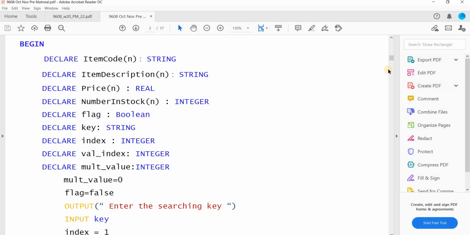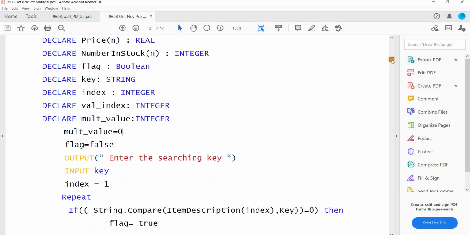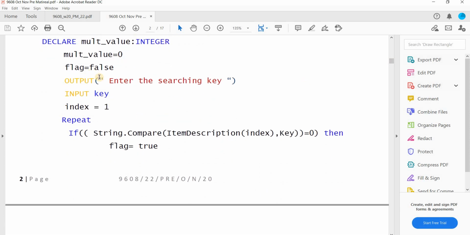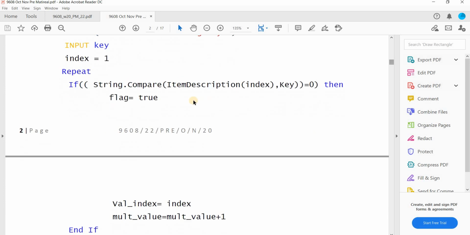It means no multi-value is available in the array. By default it is 0. Then what will you do? Enter the searching key, input key, and index equal to 1. Repeat. If string.compare item description index comma key equal to 0, then flag equal to true.